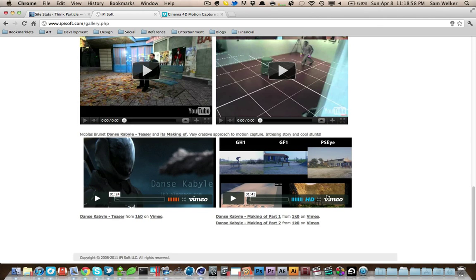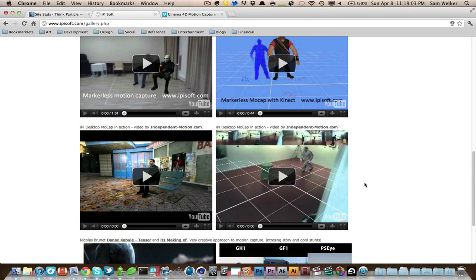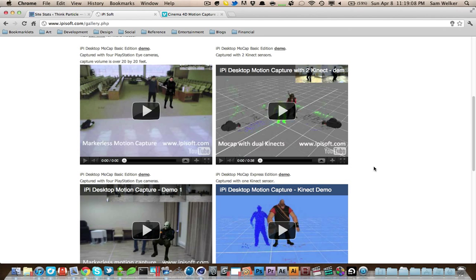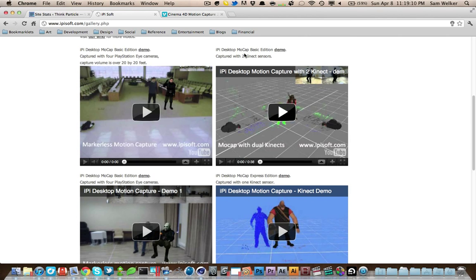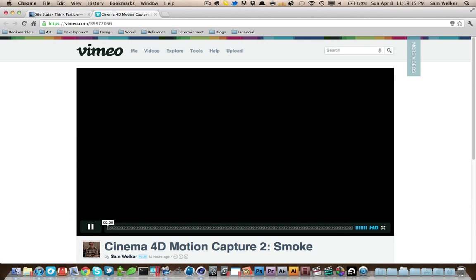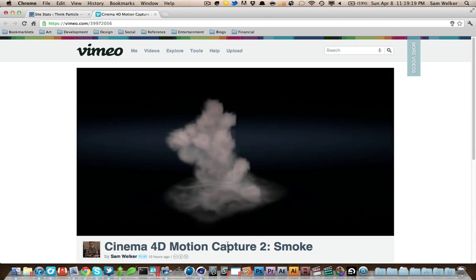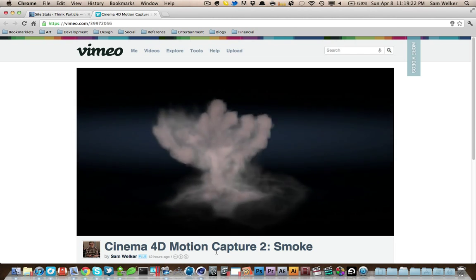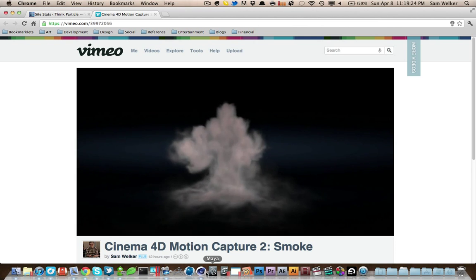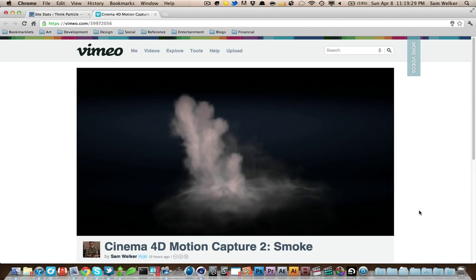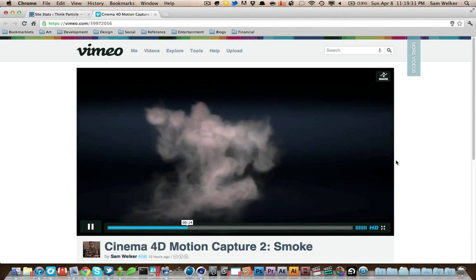It's just you need a tracking concept. That's the benefit of using one of these. It's really cool. It's got the ability to use multiple cameras and multiple rigs as well. And you can find some really cool stuff. Just look on Vimeo and YouTube for this stuff. And that is an introduction to motion capture in Cinema 4D. Sorry I couldn't actually show you motion capture today, but I did show you the scene files and how I made both of what I made, and I expect to see some Turbulence FD motion capture files